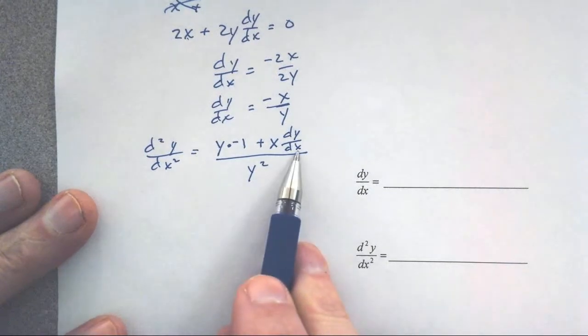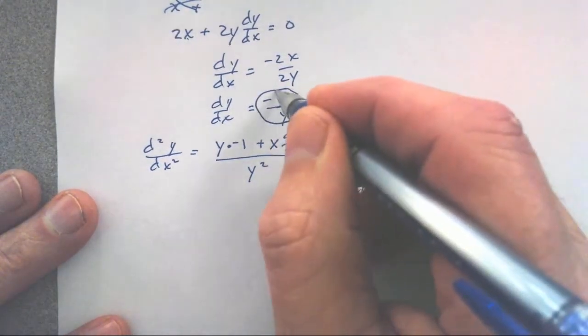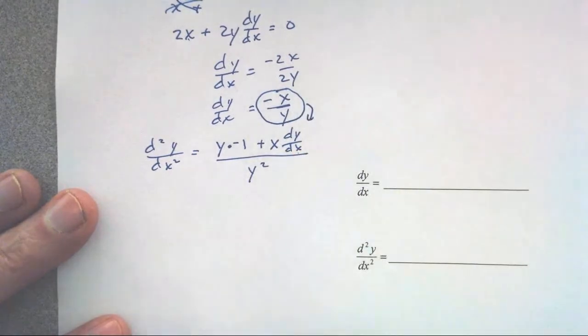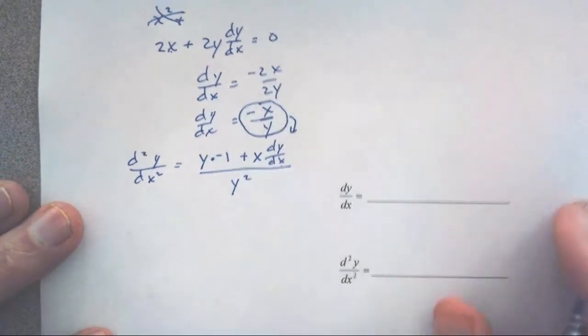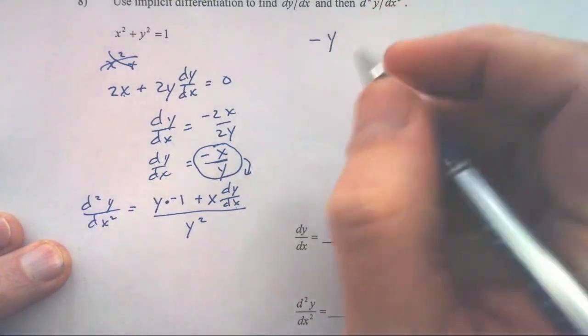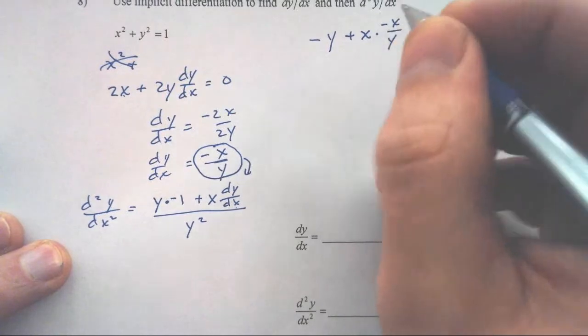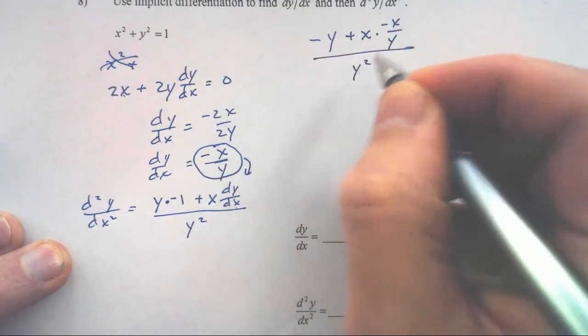But I don't want dy dx there. But dy dx is this guy that can go there. So let's see how that works out. I don't think I'm going to come up here. So I've got negative y, I've got plus x times negative x on y, all on y squared,